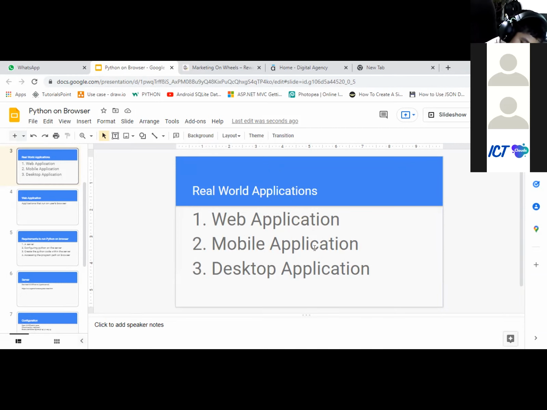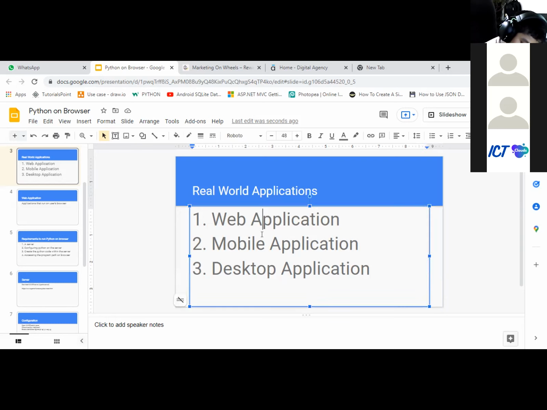Now after developing, you have to publish it on the web or on app stores, mobile app stores. It can be Play Store or any other, or it should be installed on a desktop to be used. So that is there. But they are different actually. Even when you use Python, the same programming language, to develop these, the methods will be very different